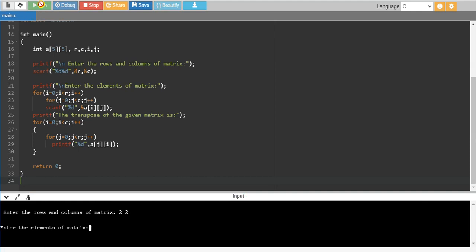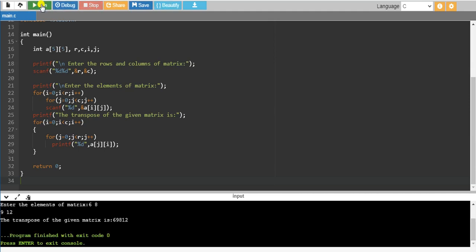Hit enter, then enter the elements of the matrix. In the first row I'll enter 6 8, then 9 11, and hit enter. The transpose of the given matrix is 6 9 8 12.